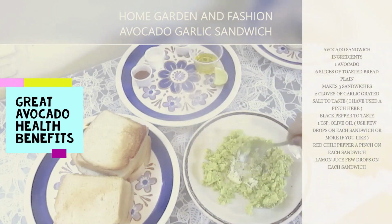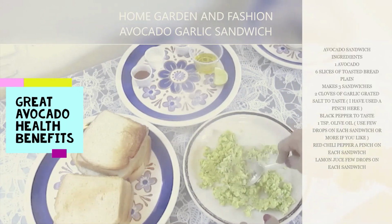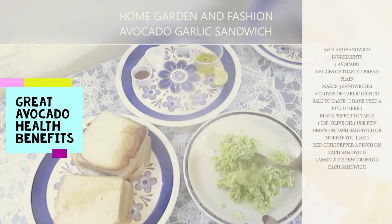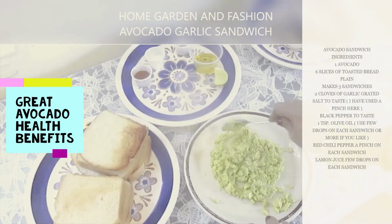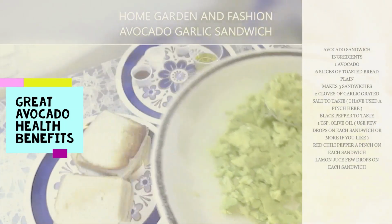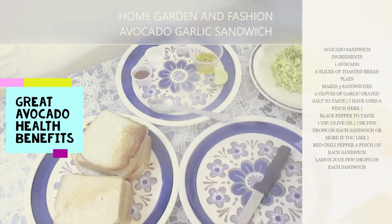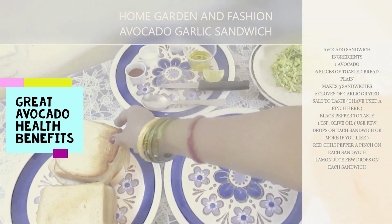And one medium avocado, like the one I am making the sandwich with right now, has about 160 calories, and 2 grams of protein, and it has 15 grams of fat, 9 grams of carbohydrate. Out of that, 7 grams is fiber, so it's only 2 grams of carbohydrate. So it is so little carbohydrate, which makes it a great keto food, and it's great for your skin, your hair,